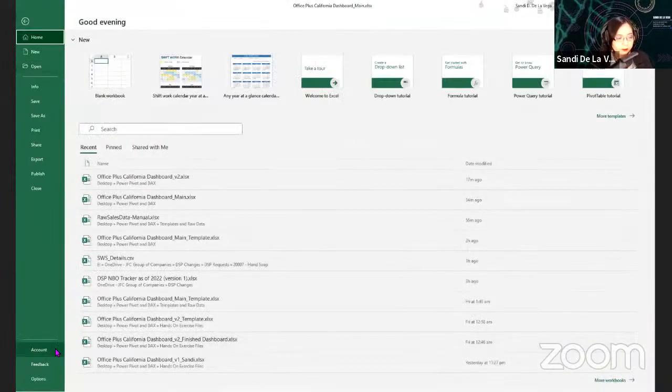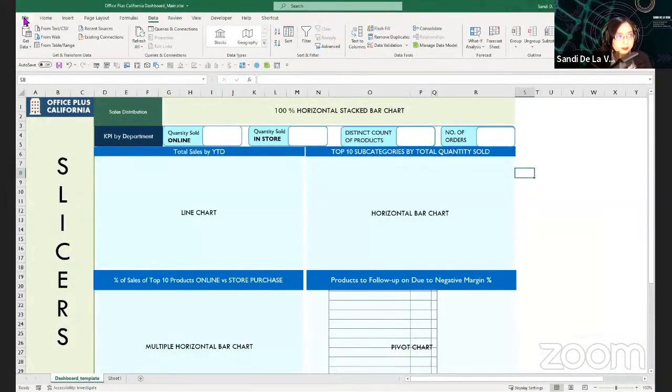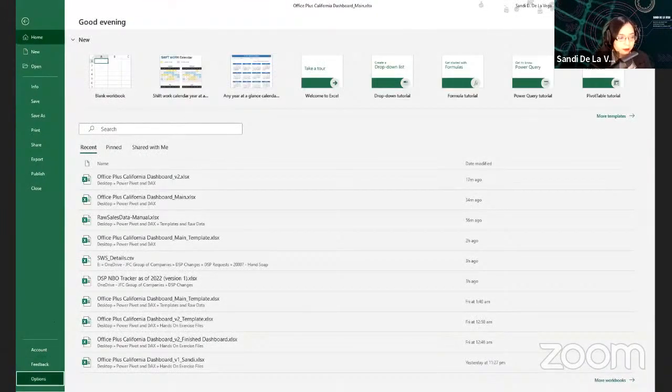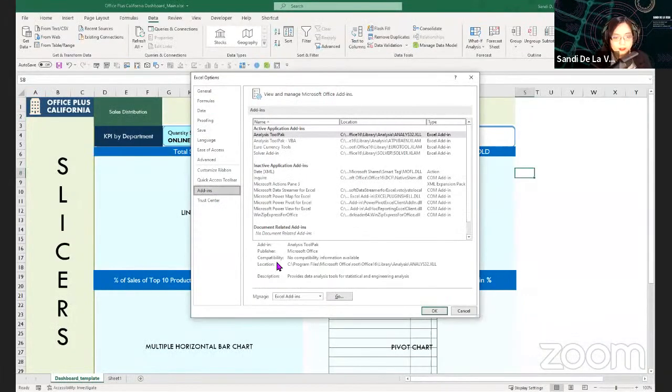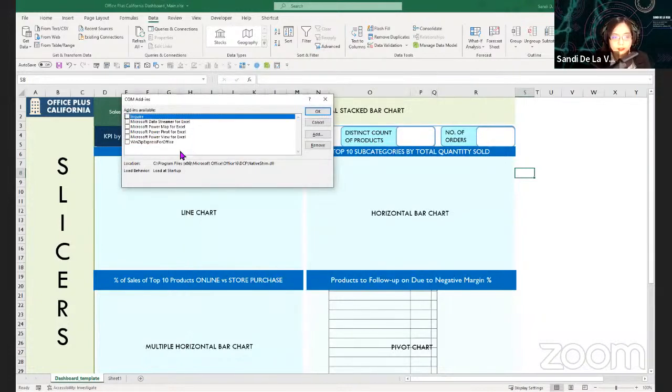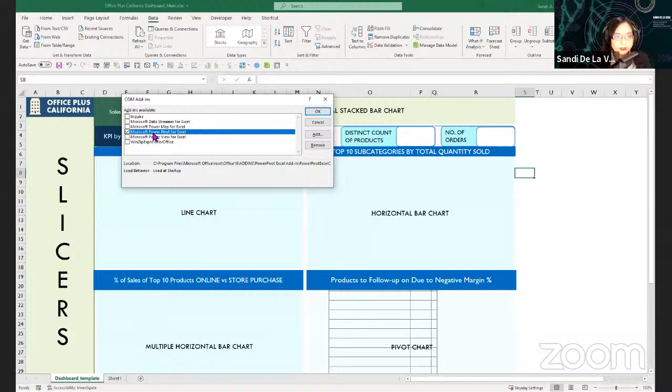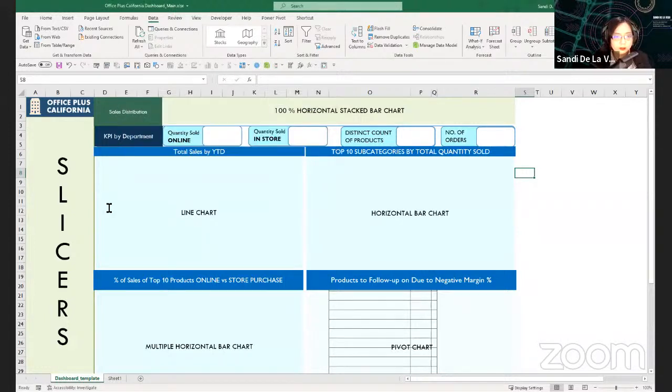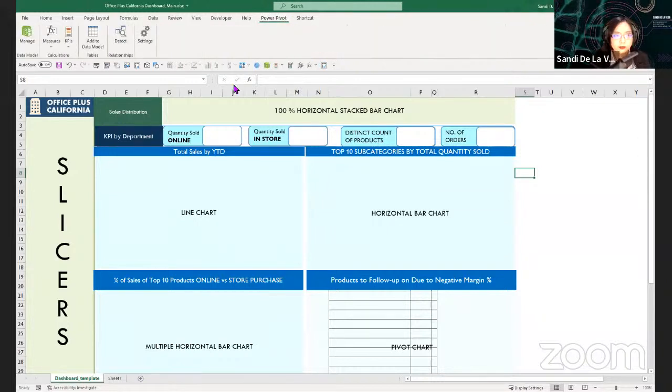All right. Thank you. So go to File here, and then go to Options, Add-ins, then go to Manage. There's a drop-down list of COM Add-ins, and press Go. And then you can see other add-ins here. Just select the Microsoft Power Pivot for Excel for this exercise. You can select everything else, but for now, we'll just need this one. And press OK. So you will see the difference in the ribbon. You will see the Power Pivot.